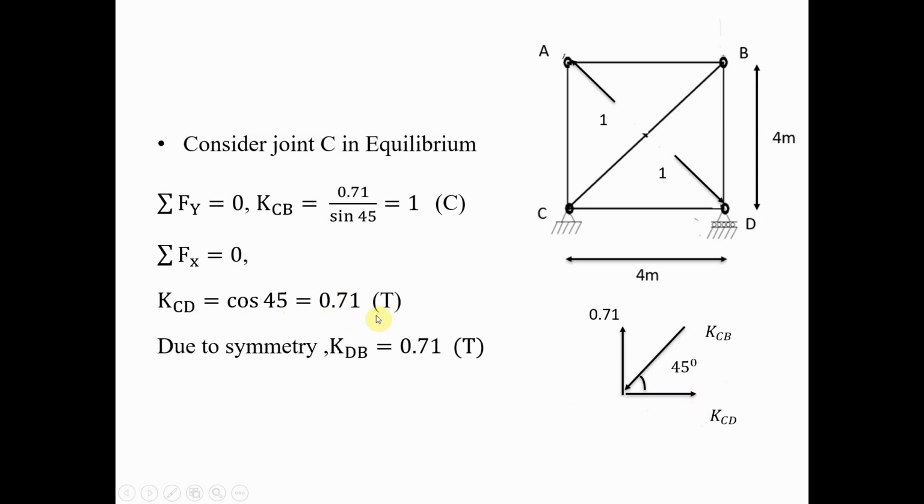So it is tensile in nature, and due to the symmetry of the truss, KDB is also the same, which is equal to 0.71, and the same nature of member force, which is tensile in nature. So this is all about the K forces developed in the truss because of the application of unit forces in the place of the redundant. Now to find out the effect on all the members and to find out the redundant force, we have